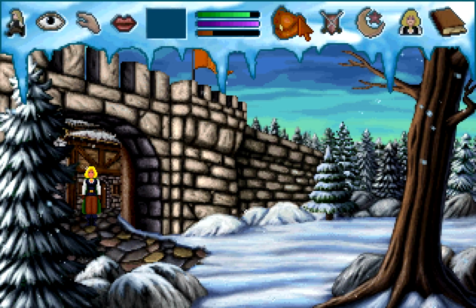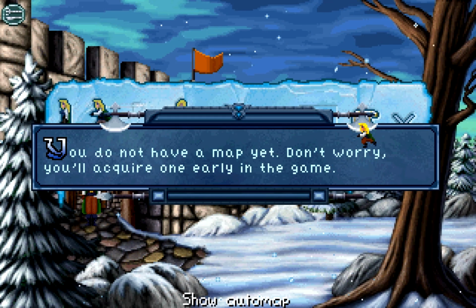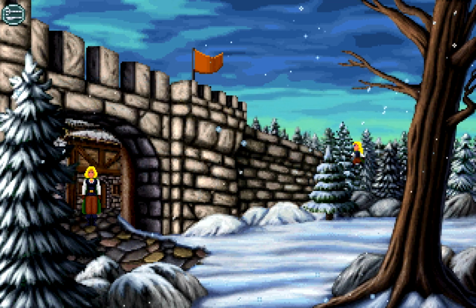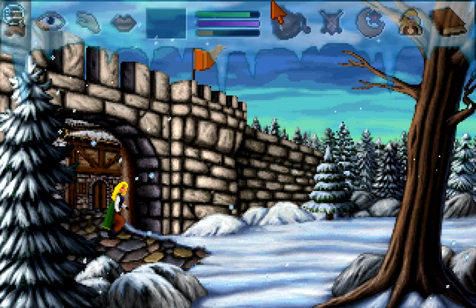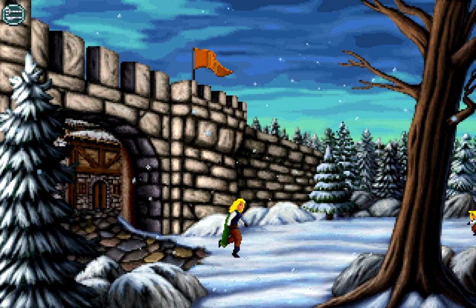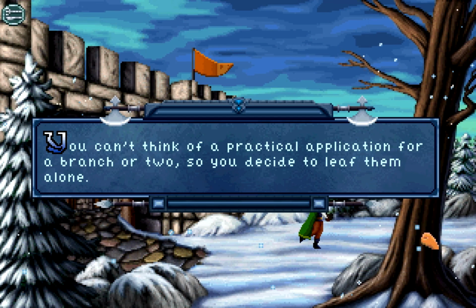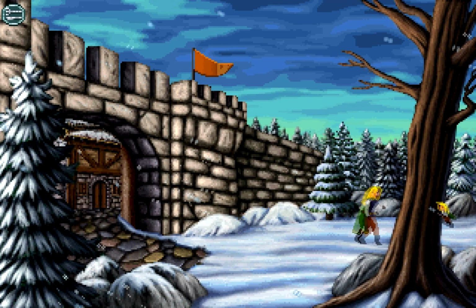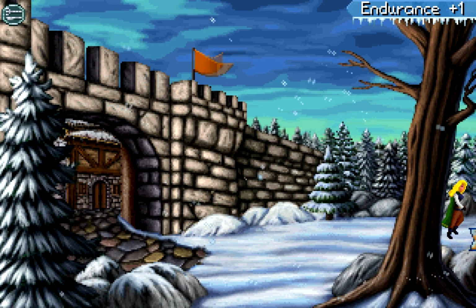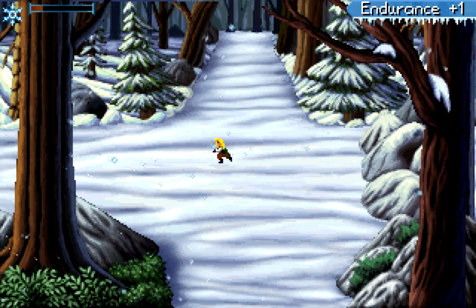Poof. Off it goes. Okay. This is my stats. Stamina's at 4 out of 15. That does not bode well, but... Can I, like... Okay, and we leave with a pun. Our endurance is going up. That's good, which means our stamina is going down. That's not. So...